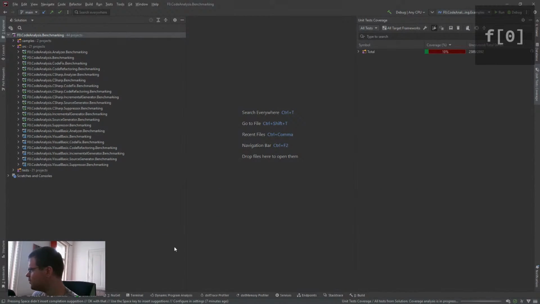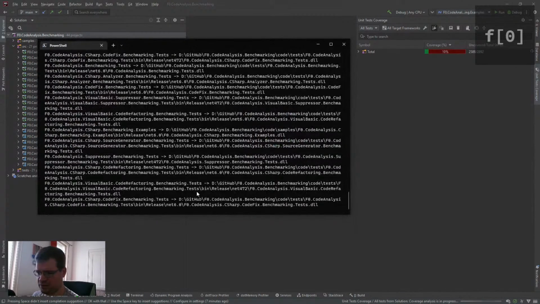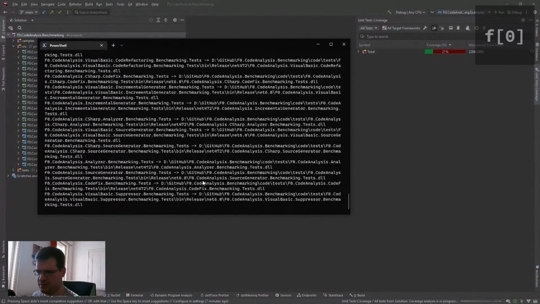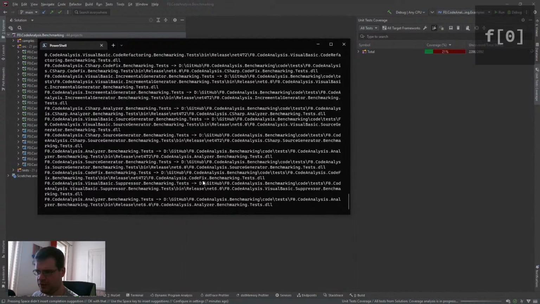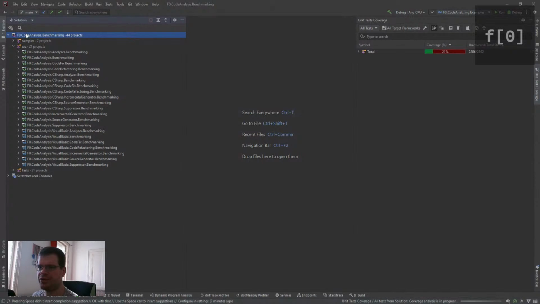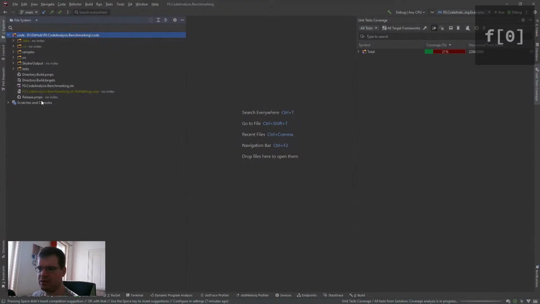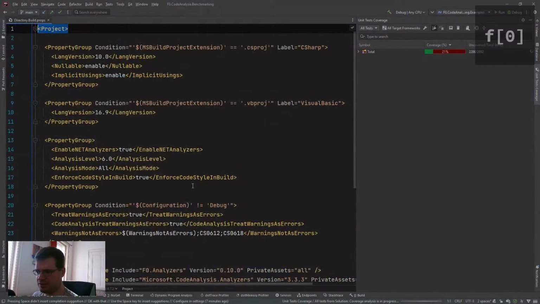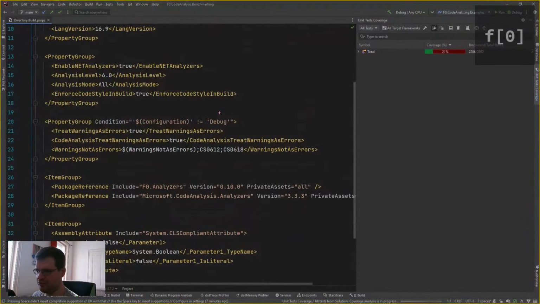Okay, while the code coverage is being calculated, we see if there is any warning. Shouldn't be, because we don't have all warnings as errors. Some obsoletions. Let's have a look at the... We do, if it's not debugged,